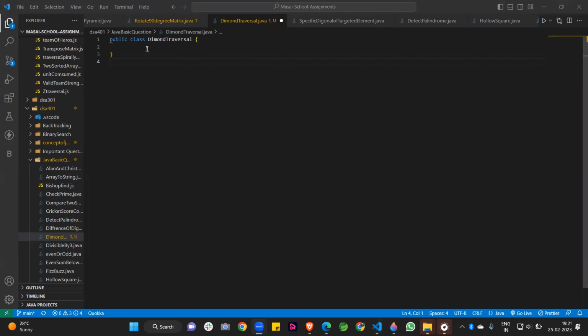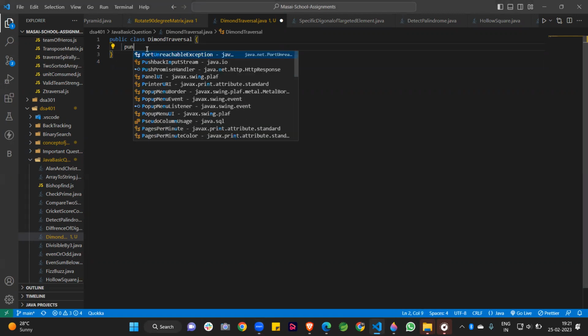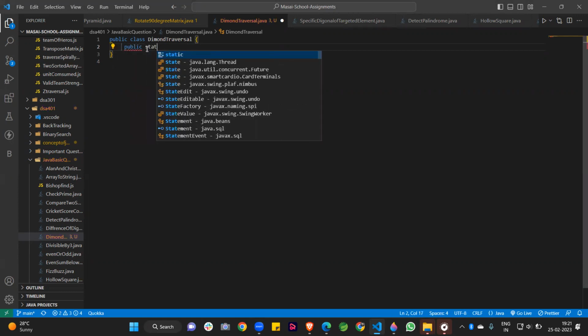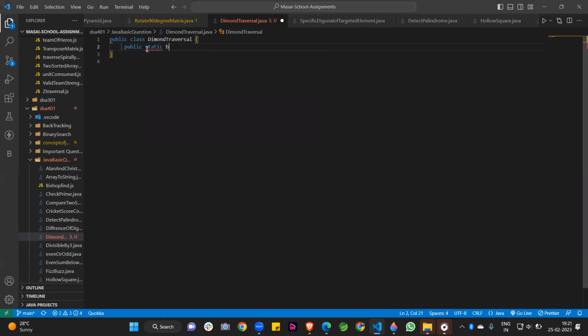So this is our class DiamondTraversal. And here I am writing my method: public static void, because the return type is void. The name of the method is diamondTraversal.